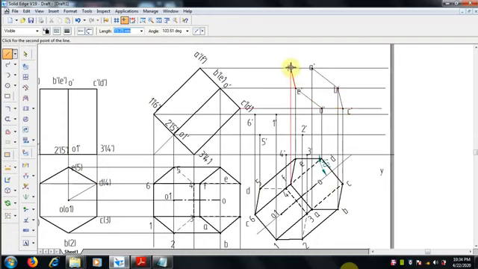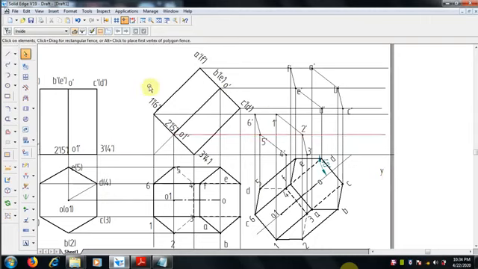The top face is ABCD and the bottom face is 1 2 3 4 5 6, the hexagon after inclination.